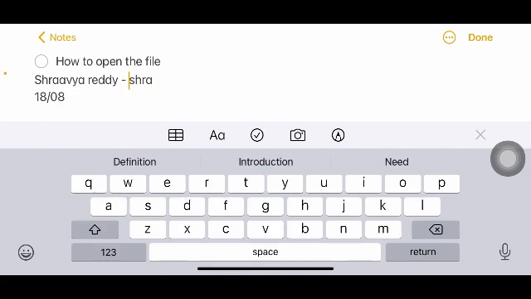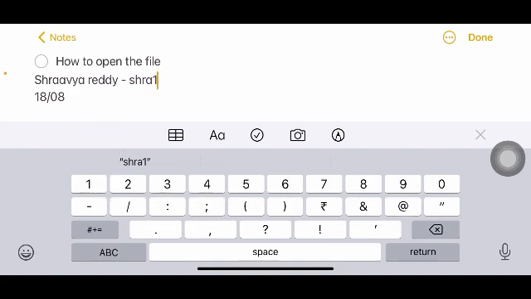Even though I've given my name with the first letter S capital, I still have to enter the password with the first letter in lowercase only. After SHRA, what's my date of birth? 18th of August, so it goes in DDMM format. It's not MMDD format, it's date and month format only. So 1808 would be my password. SHRA, the first four letters of my name, and 1808.